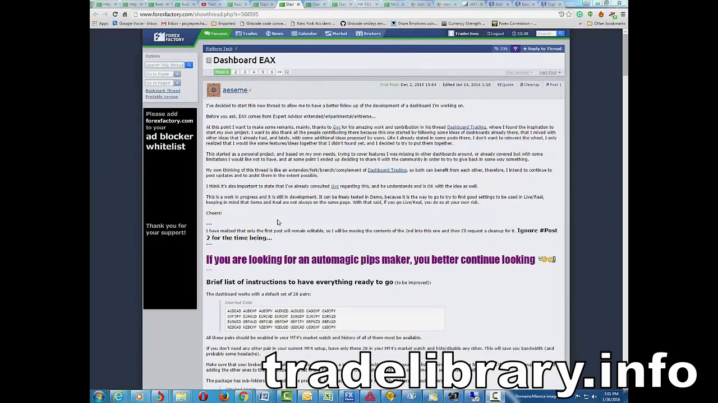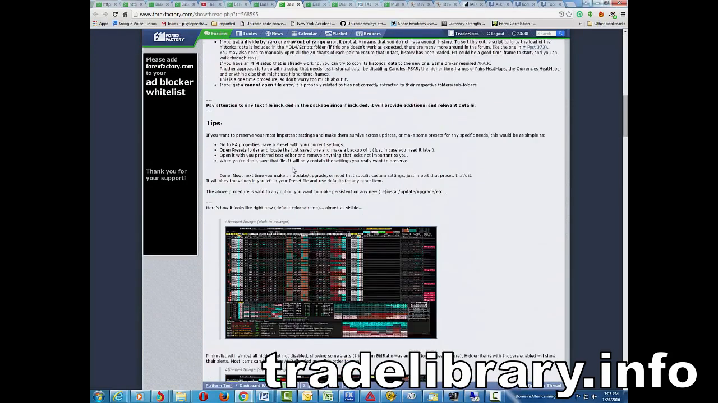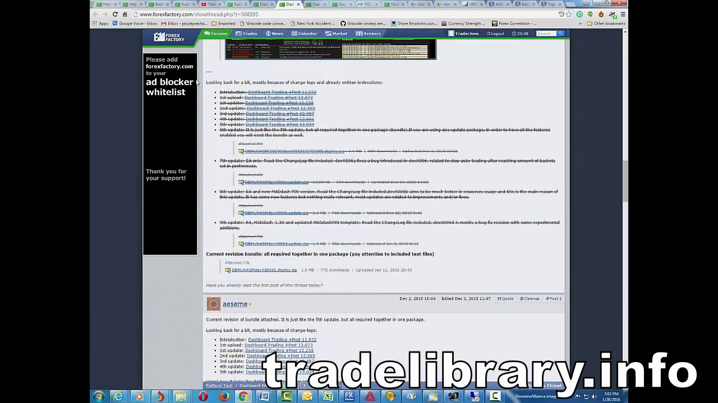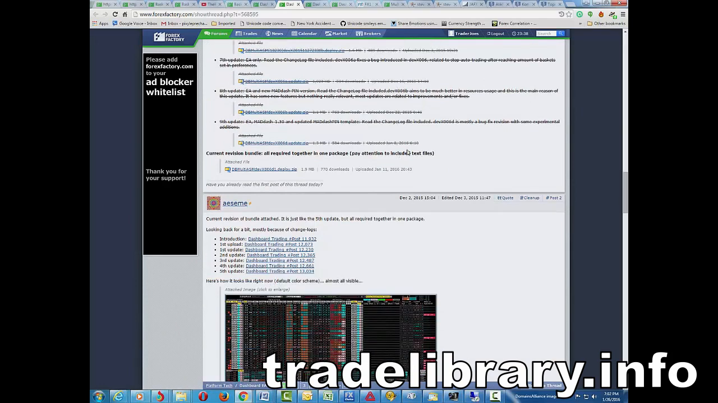Right now, let's point our browser to forexfactory.com/showthread.php?t=568595, which is the URL for it, and let's download the latest version of this EA. As you can see, it has gone through a number of updates, and the latest version is this one,